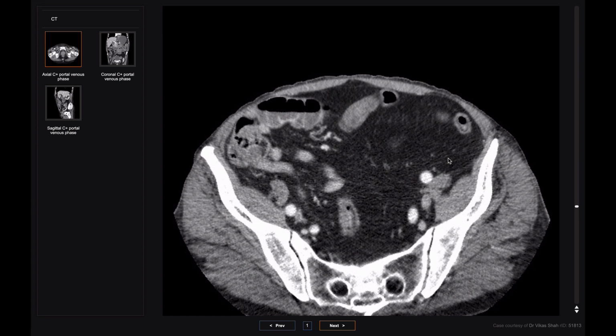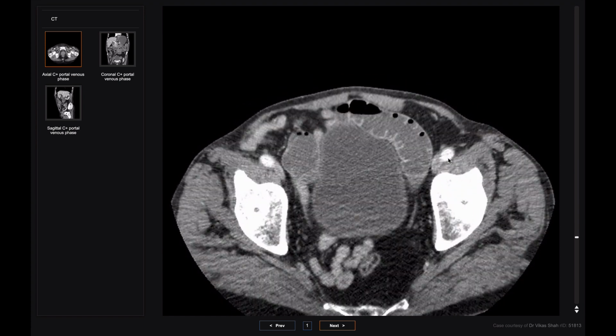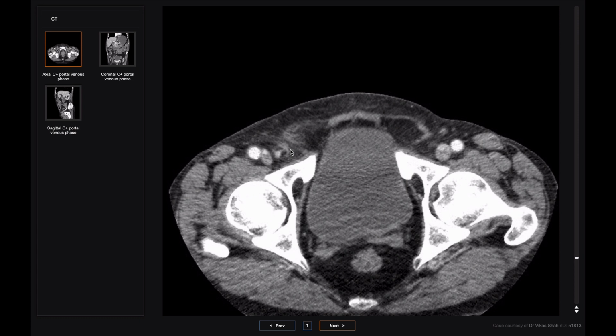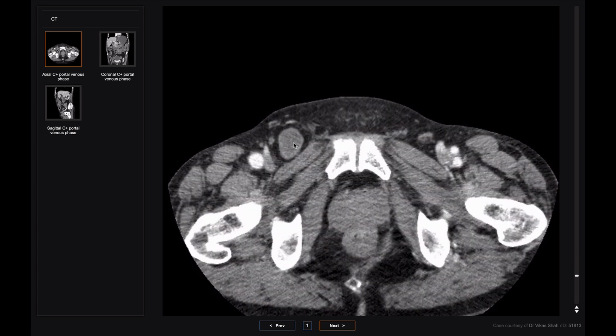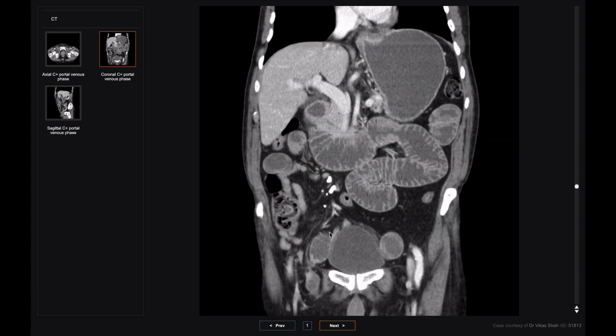So we can scroll down and we're looking for a transition point. That's where the bowel goes from being distended to collapsed. So keep an eye on this particular bowel loop here. It's getting very narrow. It becomes very tightly pinched down, and then it opens up again. And if we look at the coronal views, these are really helpful. You can see there's that bit of bowel that's coming down and then pinched and then opens up here,